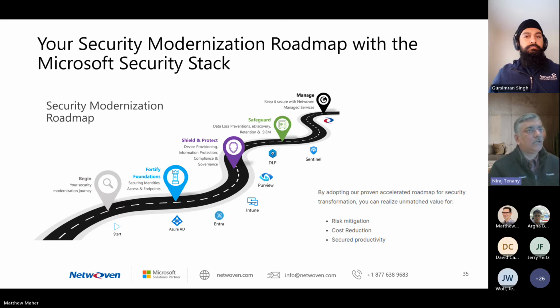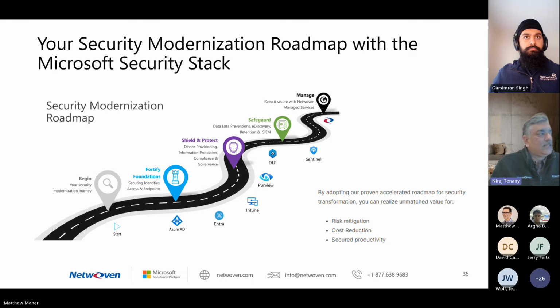So wanted to touch a bit on a security roadmap here with you, right? As you know, Microsoft has a number of products, and there are multiple ways to tackle the data security problem. The most foolproof, secure way is to go through a security journey, a modernization journey, excuse me.